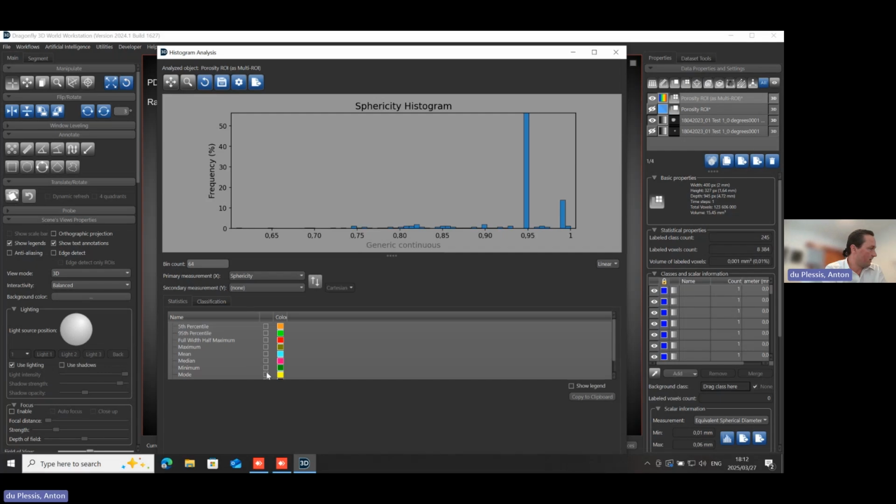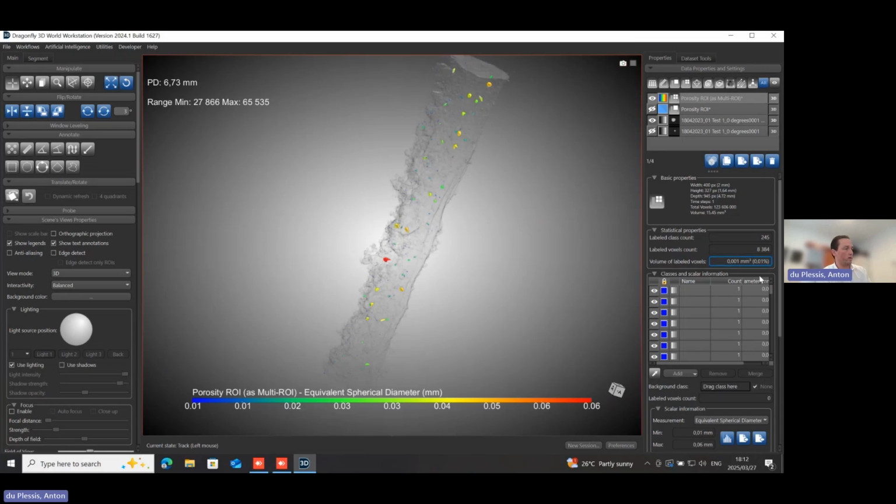You can select values, like let's take the median of this sphericity. This gives you a value down here that you can also show in the histogram. The usefulness there is that you can export that. You can save the figure as a JPEG or a TIFF file, or whatever figure format you like. You can also export the binned data to plot it somewhere else. So you can take this statistical information and plot it in other software.